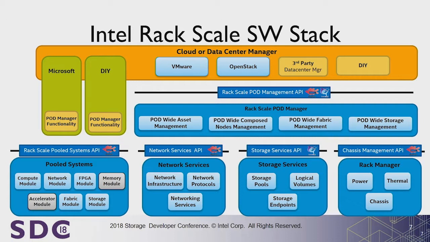Now, if you take a closer look, this is Redfish and Swordfish all the way through all the domains. On top of the services, to give you a concept, for example, this pooled system manageability engine can run in each of the servers, if it runs on the BMC, for example. Or it can run on the chassis, which hosts up to 4 servers or more, depending on the implementation of the hardware. But there will be multiple of those services for each of the domains. And what the pod manager does is aggregate them and show a seamless API on the northbound interface